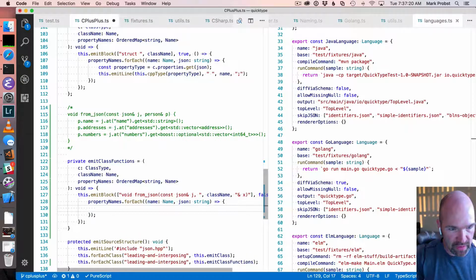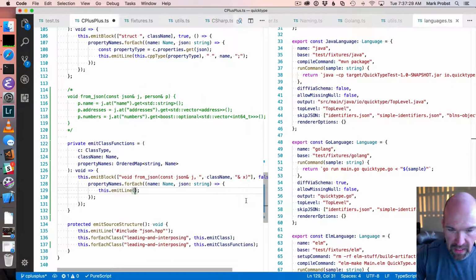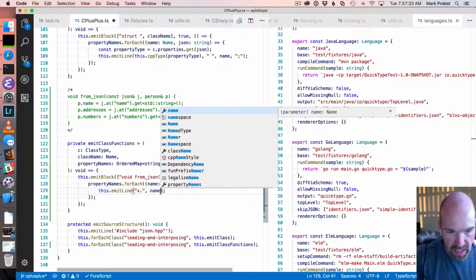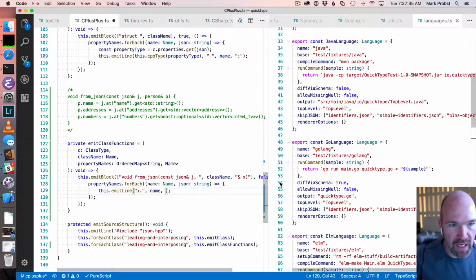So what we have to do is emit a line where we have x dot and then the name of the member variable in the struct equals j dot at